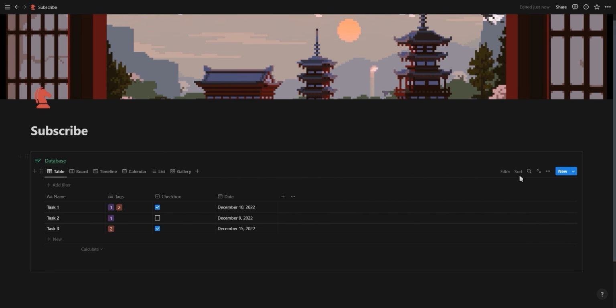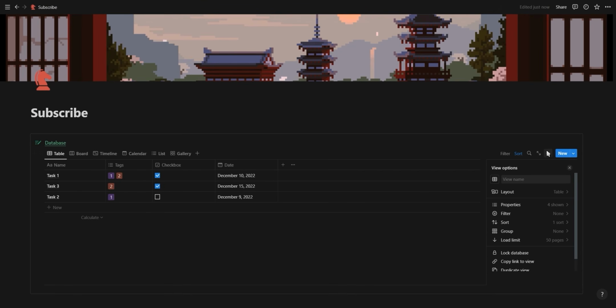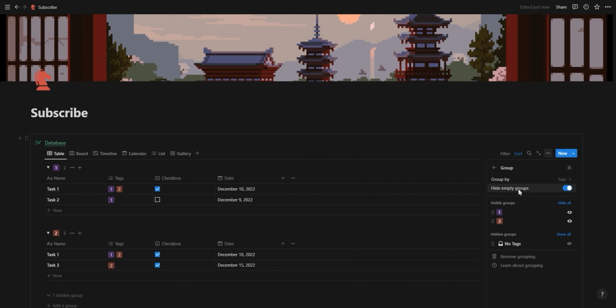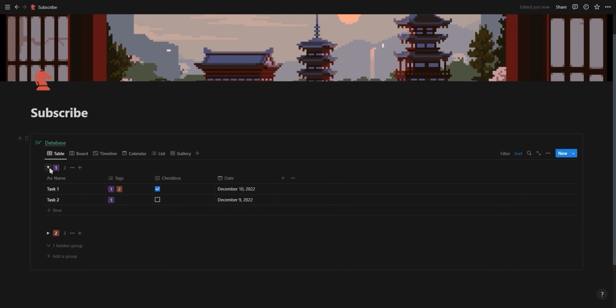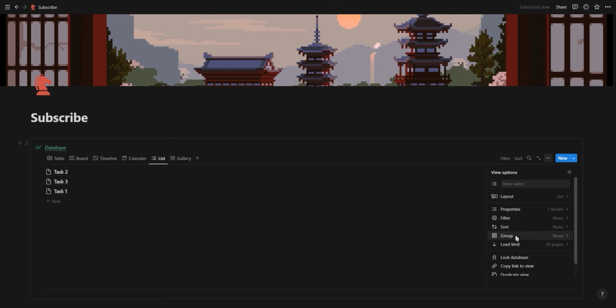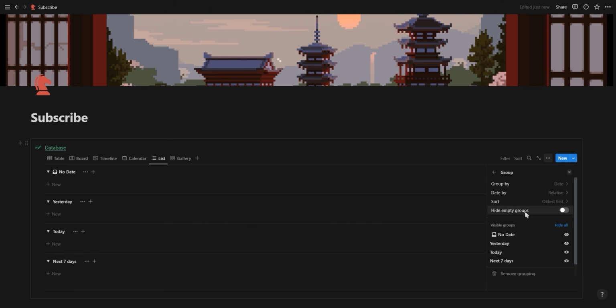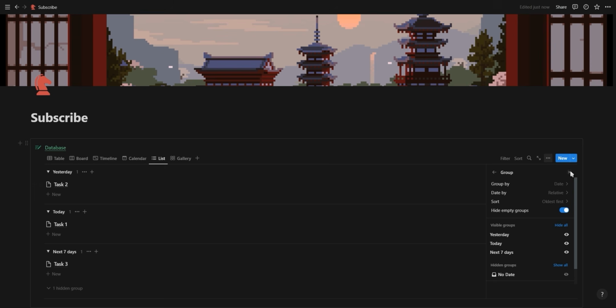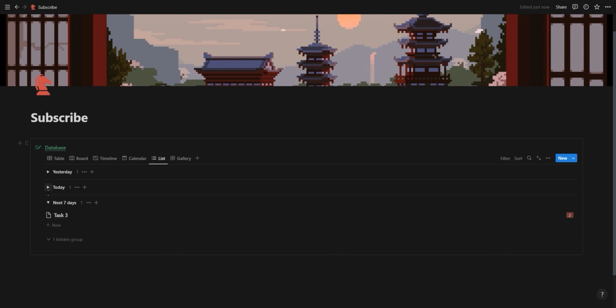As for the sorting option, simply click on sort, the property you want to sort it by, and whether it should be ascending or descending. One of my favorite features is the grouping feature. It allows you to group database entries according to any type of property and gives you a lot more customization options. Once you start to play around with different database views, filters and sorts and the grouping feature, you will quickly understand how Notion databases work and be able to create any database tailored to your own needs.